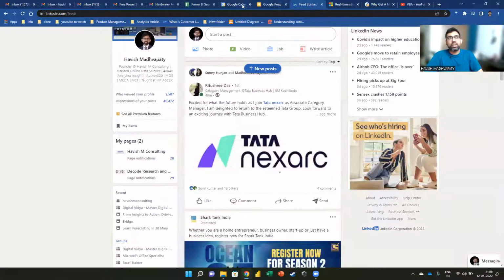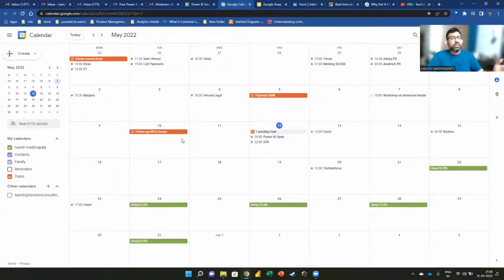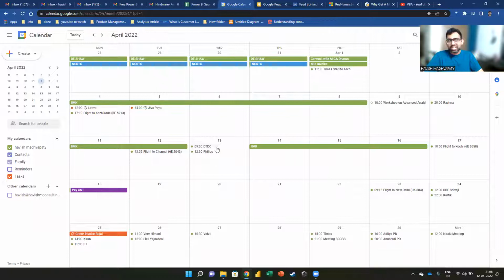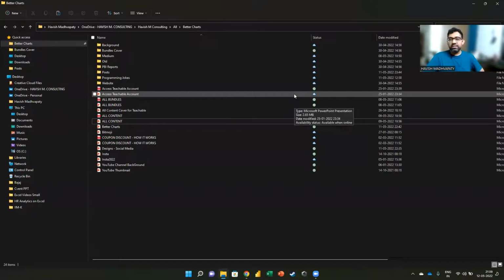But if you all look at my calendar, I work with different clients. So Adani, DCM, right? You can look at the different type of clients that I'm working with. Last month I did DTDC, I did Philips. Of course, I was at IIM Kozhikode for 2 weeks, so most of my month was busy with that. This month I'm working with Lixil, which is the company that owns Grohe and American Standard, right? In May, I have something planned with Volvo, right? I have 5 sessions planned with them. Tomorrow, I have a training with Cvent, which is a NASDAQ-listed SaaS company. So I work with different clients, but I don't do open paid sessions.